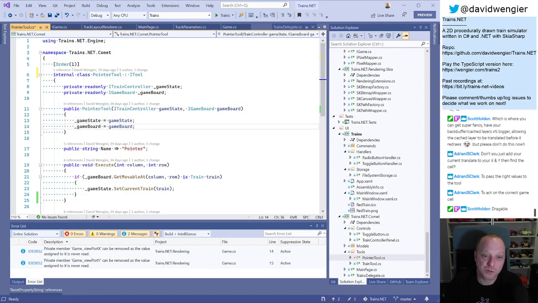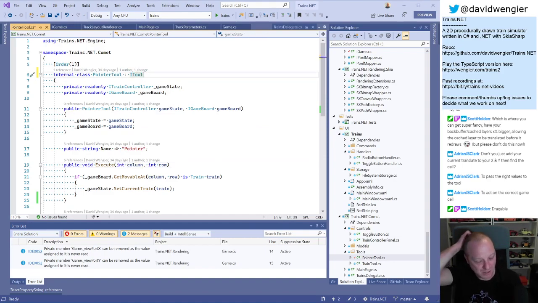The only way to do that in the tool with the execute method would be to have essentially a timer that says, hey, how long since the last execute? But